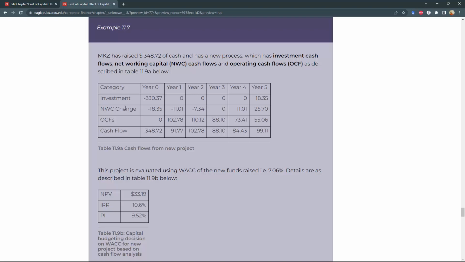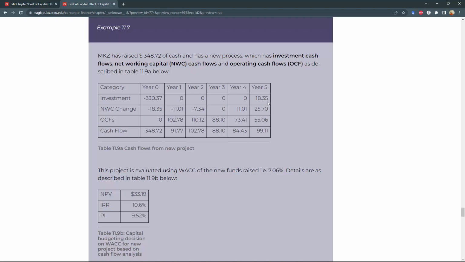MKZ has raised 348.72 of cash and has a new project which has investment cash flows, net working capital cash flows, and operating cash flows as described in the table here. So investment cash flows are minus